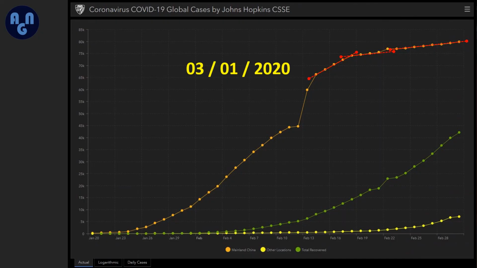And the last thing I look at every day is the graph, you can enlarge this. It's on the Johns Hopkins site on the lower right. And you can just see that after leveling off, the number of cases is starting to trend up again. And that's because of hotspots outside of China.